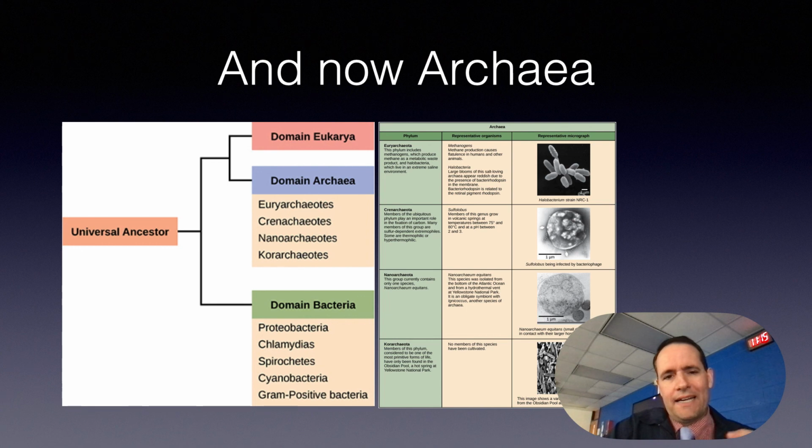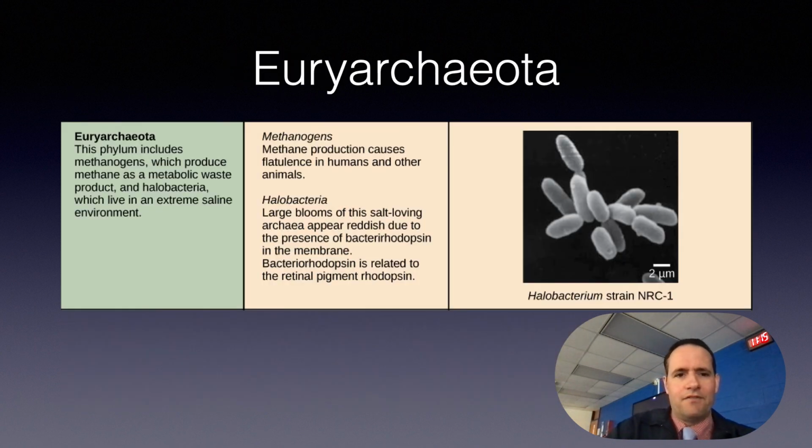All right, so what about archaea? Okay, so remember, Ikea and archaea rhyme. So we remembered again, we have those different domains. We've got the bacteria, which we've discussed on the bottom, and now we have the archaea. And you can see there's 4 different types, and there's a table here. We'll get into each of these. Now, the thing to remember is that all archaea tend to be extremophiles. And so we're going to learn about some crazy stuff here.